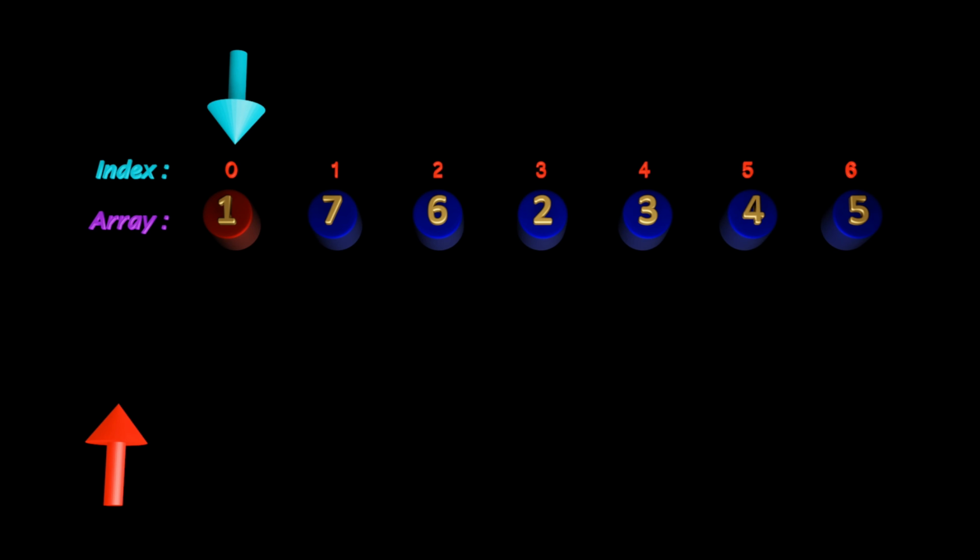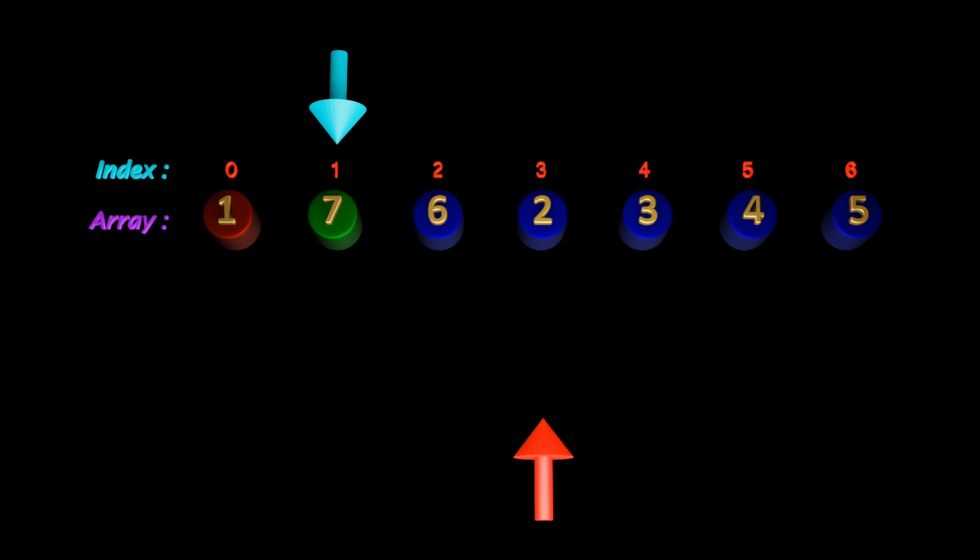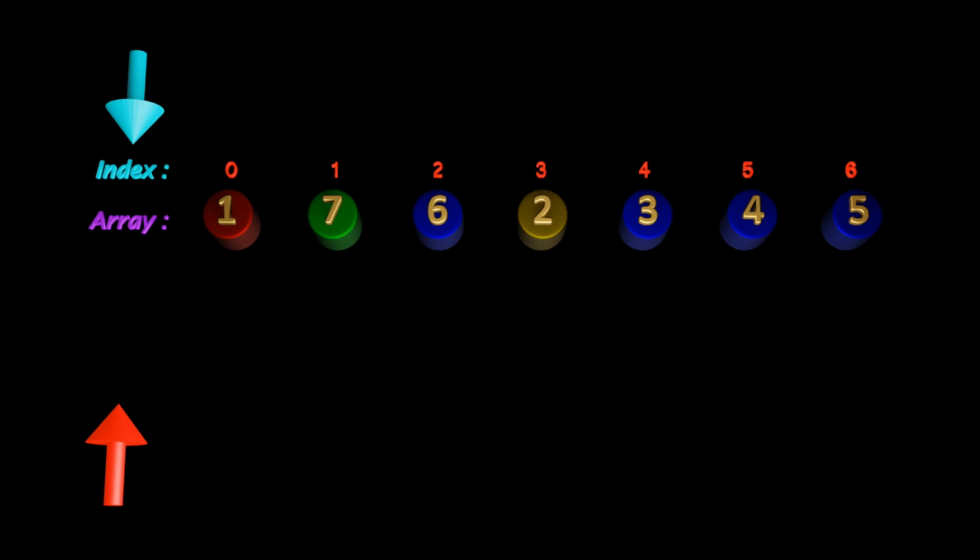Repeating this process for the second minimum element, we select the first element of the unsorted array and compare it with the other elements in the unsorted array. We can observe that the next smallest element in the unsorted array is value 2 at index number 3, so we mark it as brown. Swapping both elements results in the second element being sorted.